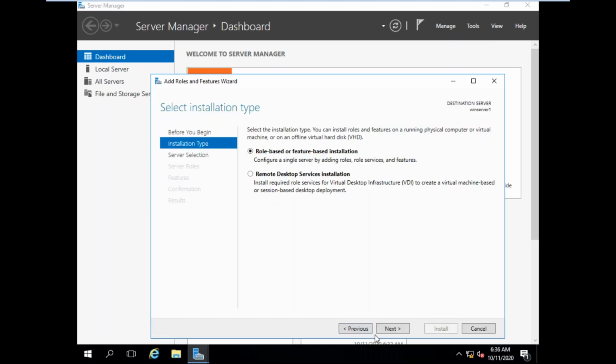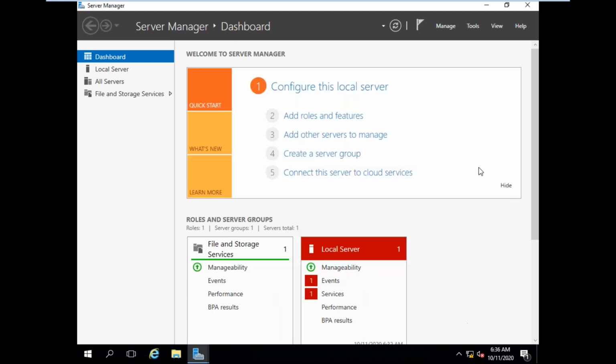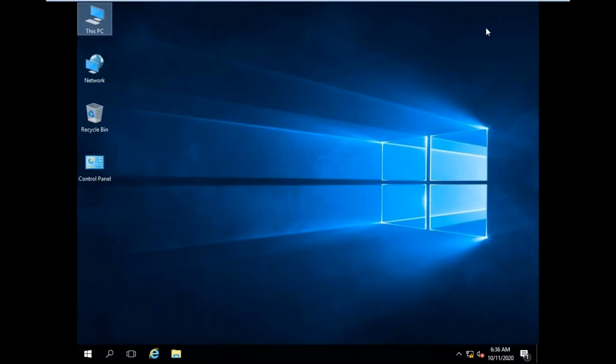Roles and features. Next. So once we have to restart it because it's not updating.